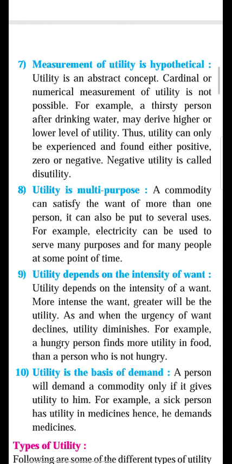Okay, so there are two measures of utility. One is cardinal measurement and the second is ordinal measurement. The cardinal measurement of utility was given by Dr. Alfred Marshall, and it is calculated in terms of numbers 1, 2, 3, 4, 5, 6, 7. The ordinal measurement was given by J.R. Hicks and Allen. These two important measures are there. So that is why utility is not easily measurable. It is a hypothetical concept.